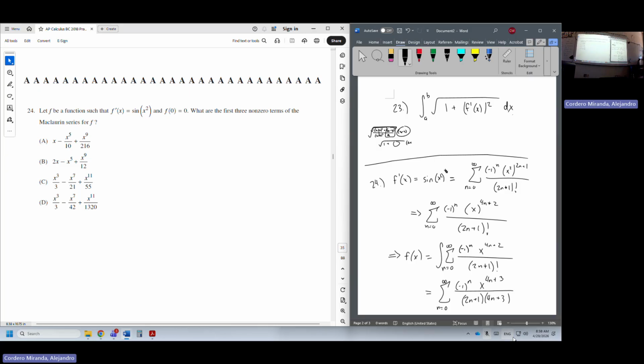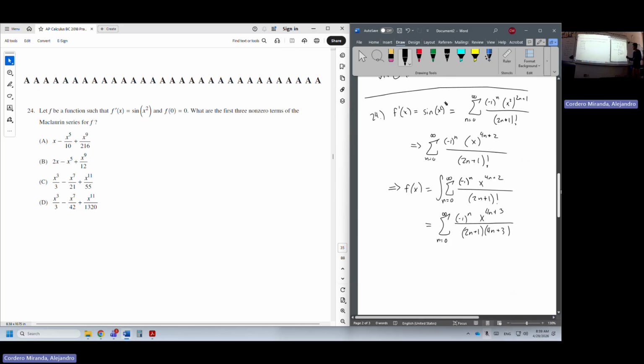I'm not even done with this one. Oh, it might have been easier to just get the 3. I don't know. Okay, let me finish and then we'll see what I get. So 0 would be cubed over 1 times 3 plus, no, minus 1 would be